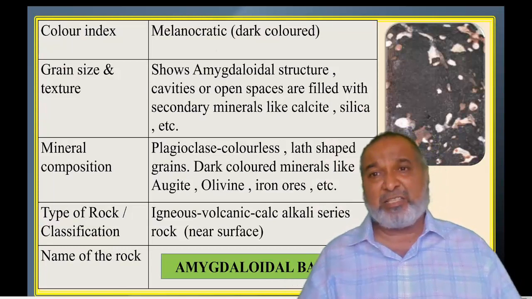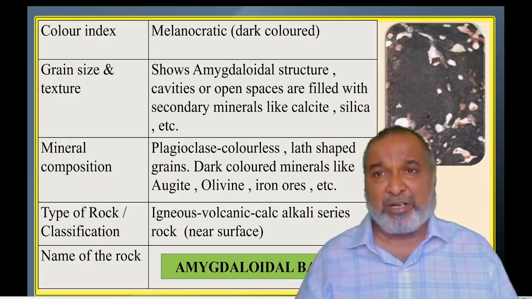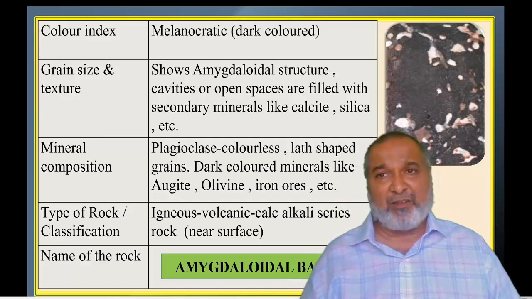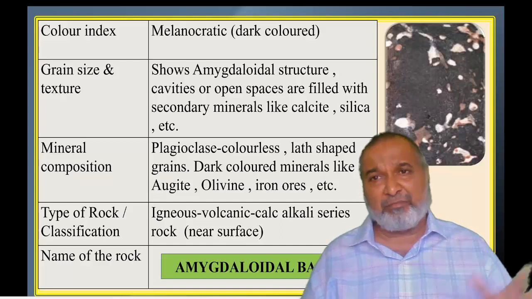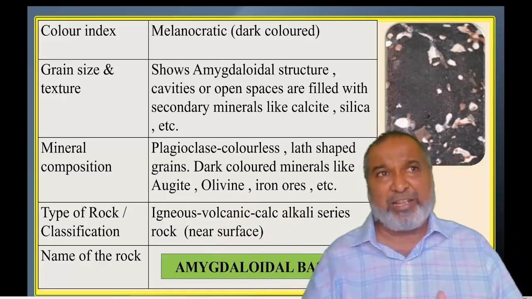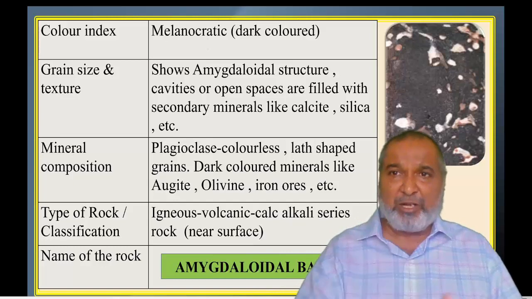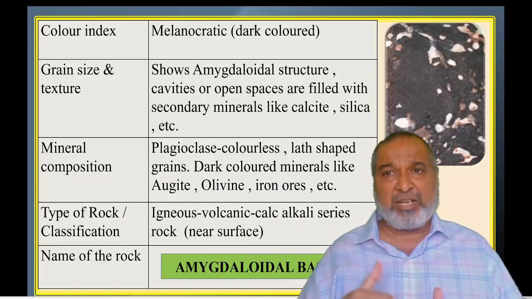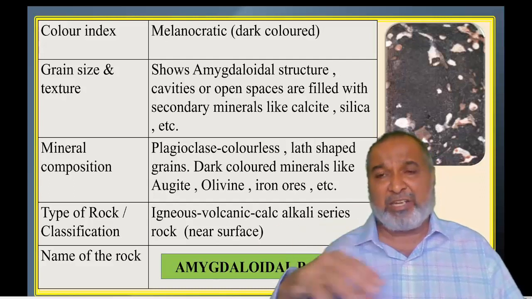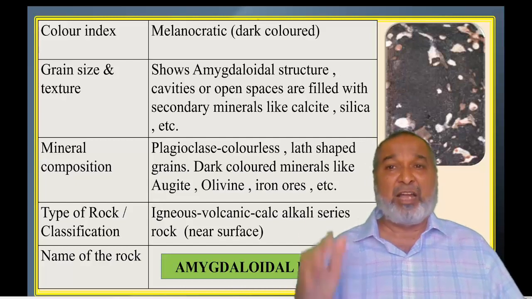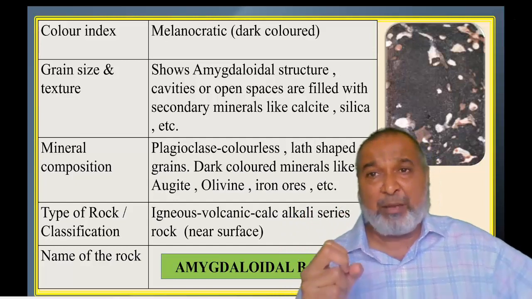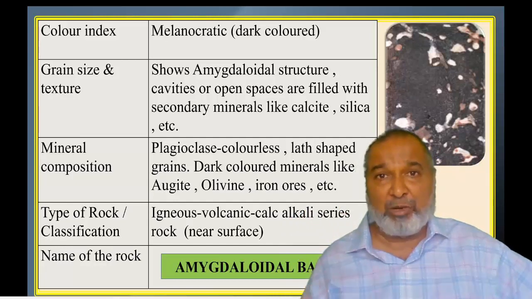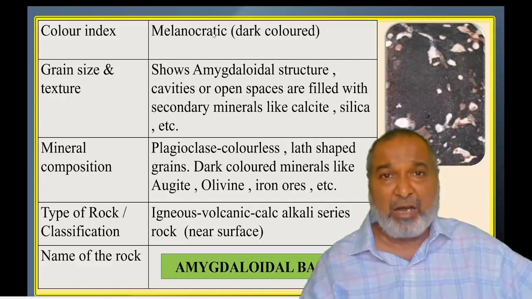Next one: these vesicles are now filled by secondary material. That is, they are exposed to the atmosphere. Then during the rainy season, water flows from one direction to another. So it carries some soil material or dissolved material, and water will be deposited into that cavity. And once the water has evaporated, the material will be deposited. Slowly, over a long duration, what is happening? These cavities are filled by the secondary material. Once these cavities are filled by the secondary material, they are called amygdules, and the structure is called amygdaloidal structure. So here we have the amygdaloidal structure.